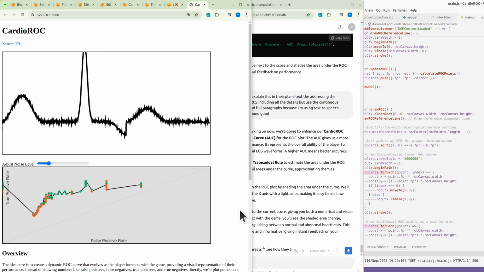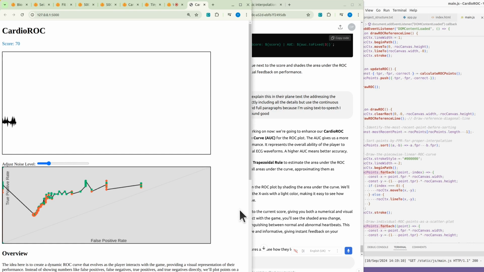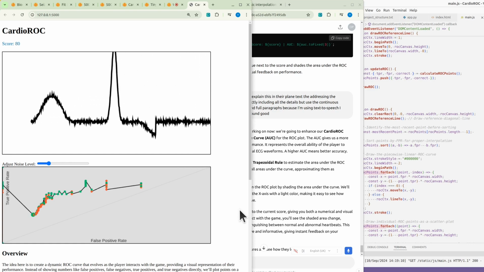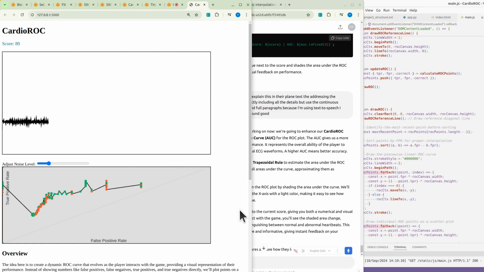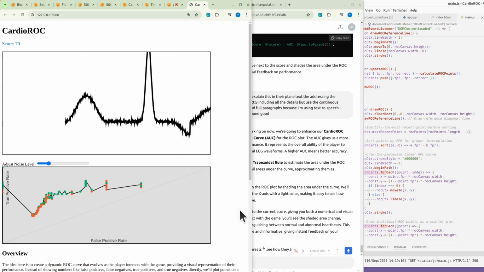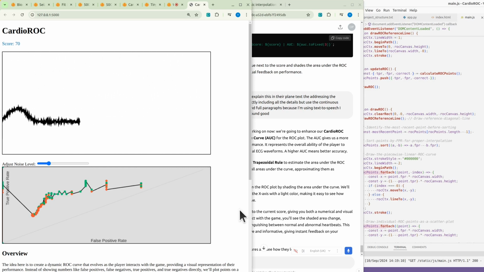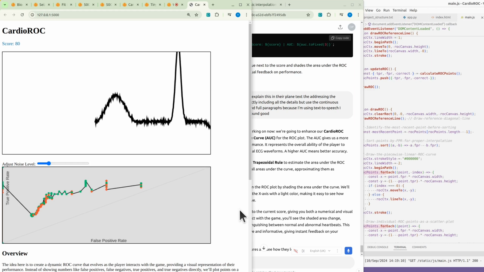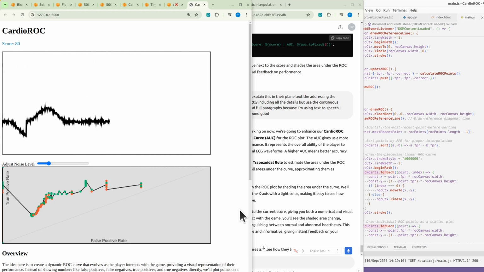Next, we'll visually represent this AUC on the ROC plot by shading the area under the curve. We'll fill the space between the ROC line and the x-axis with a light color, making it easy to see how much of the graph is covered by the curve. Finally, we'll display the AUC value next to the current score, giving you both a numerical and visual way to